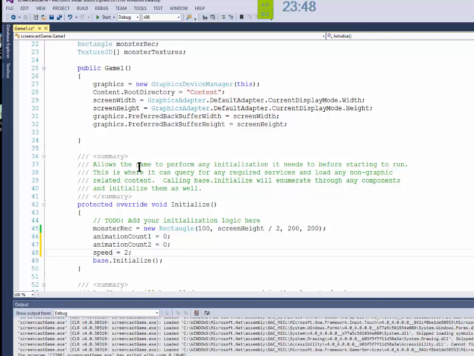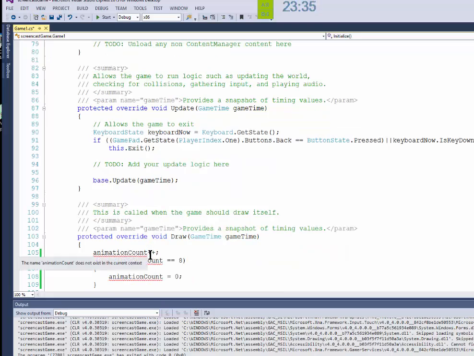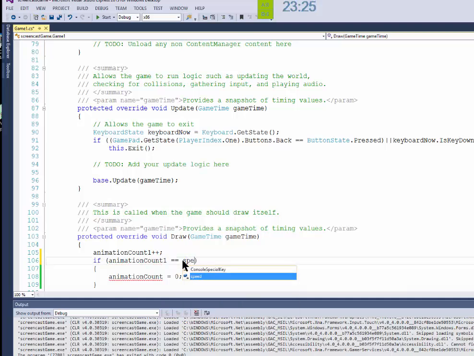If speed equals 1, you'll see that that is the absolute fastest. 2 is going to slow down the sequence a little bit, and the bigger this number gets, the slower the animation is going to go. So now, down in the draw method, here's what I'm going to do. I'm going to say animation count 1 plus plus. Then I'm going to say if animation count 1 equals speed,